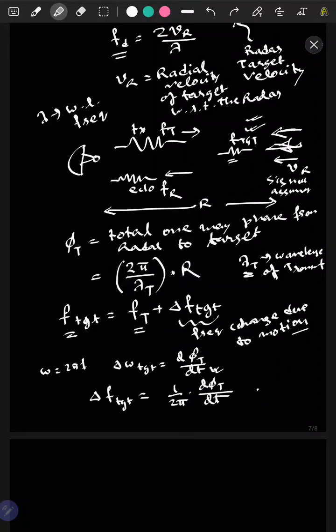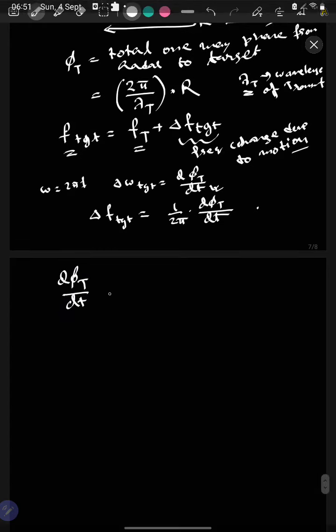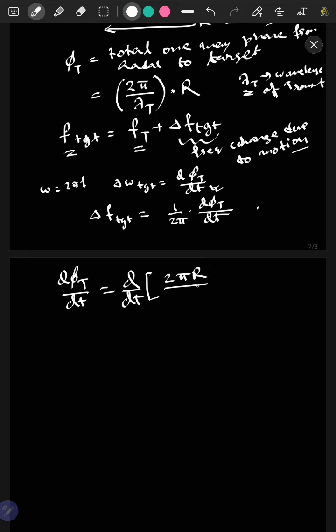So d phi t by dt is equal to d by dt of phi t, which is 2 pi r by lambda t,